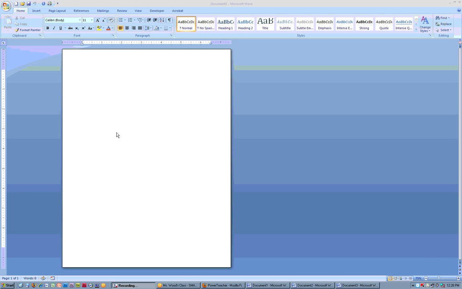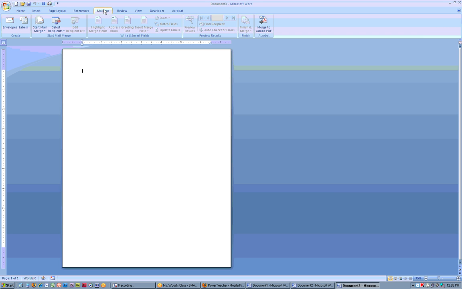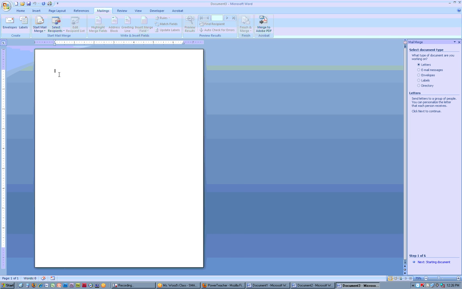So to make a mail merge, I like doing it through the wizard because it just walks you through the steps. If you go to Mailings and you say Start Mail Merge, you have a step-by-step wizard. And it just makes it really easy, especially the first few times you go to do one when you're not really sure what it is you're doing. And that'll bring up this